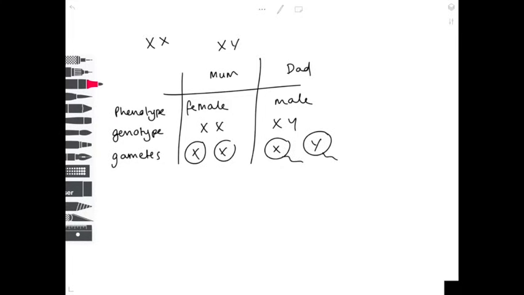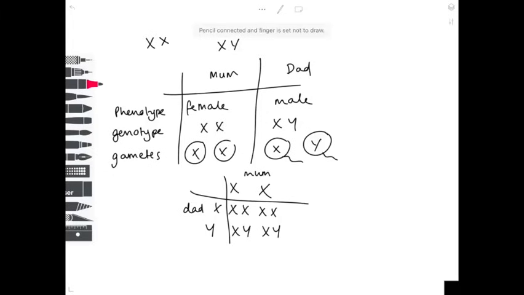And then if we look at the cross, let's cross the mum up here, the dad down here, and you see this situation, which shows 50% are XX, so they're female, 50% are XY, so they're male. Although we know, based on that evidence, that the man's sperm determines the sex of their child,